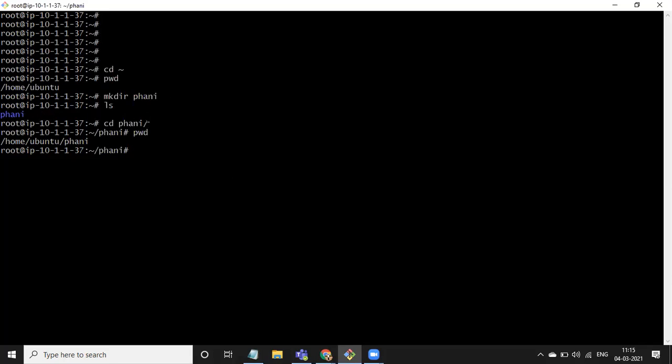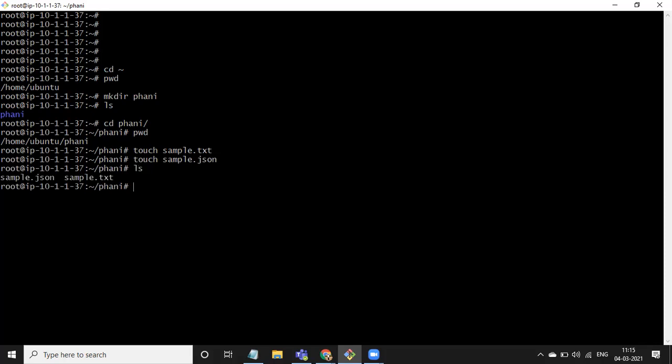Next command: inside the funny directory, I want to create two files, one is sample.txt and another is sample.json. How will I create the two files? touch sample.txt, enter. Next, touch sample.json. ls.